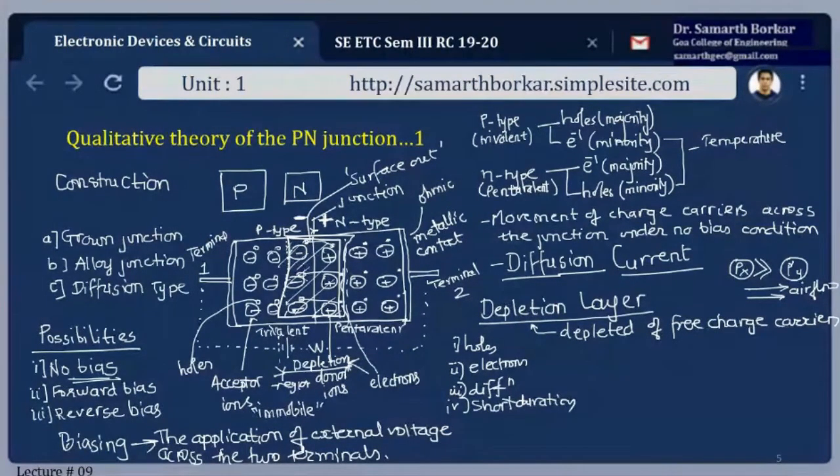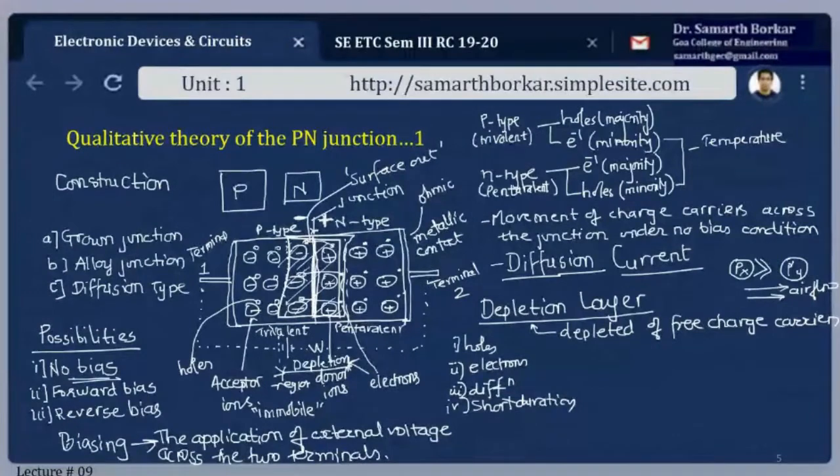So if you can understand this concept, you can understand any concept in analog electronics. But if you fail to understand this important point, then it becomes tough to understand the further lectures. So here, on account of recombination of electrons and holes, they will be depleted of charge carriers, and we will be left with a layer of positive immobile ions and a layer of negative immobile ions. Okay, we're going to have two layers.